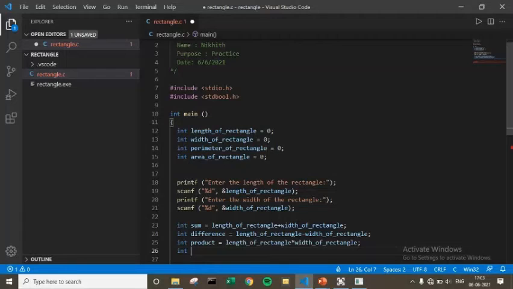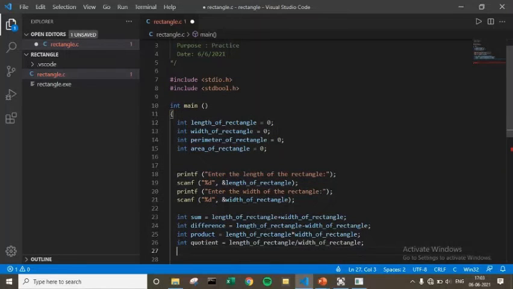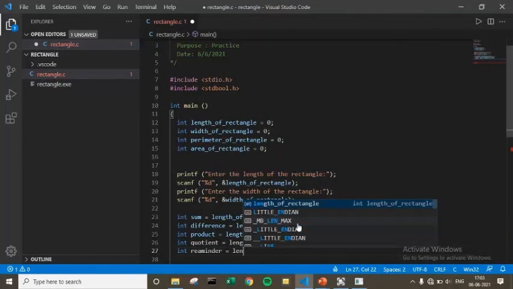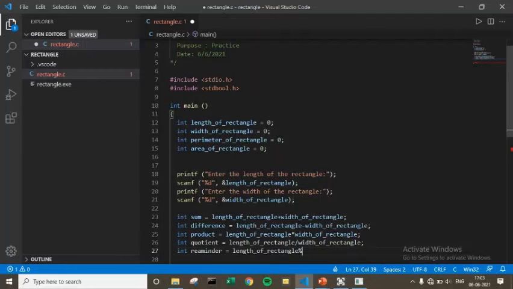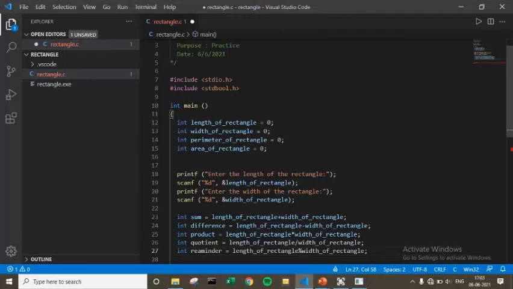Int quotient, which is equal to length of rectangle by width of rectangle. And finally, int remainder, the modulus operator, length of rectangle modulus width of rectangle. This basically returns the remainder.